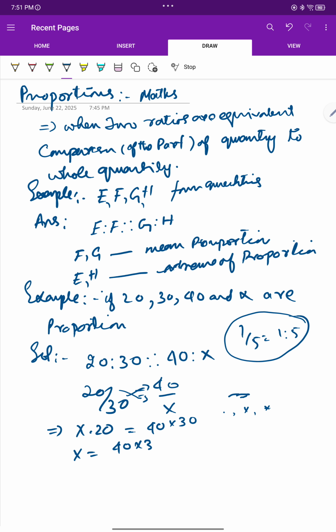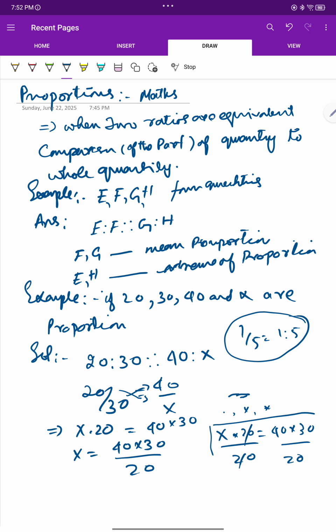So how are you going to do it? 40 into 30 equals x times 20. Divide both sides by 20, so this 20 is finished. Here is x times 20, and 40 into 30 divided by 20, so this 20 is gone. This is how you can make it simple. So x is equal to